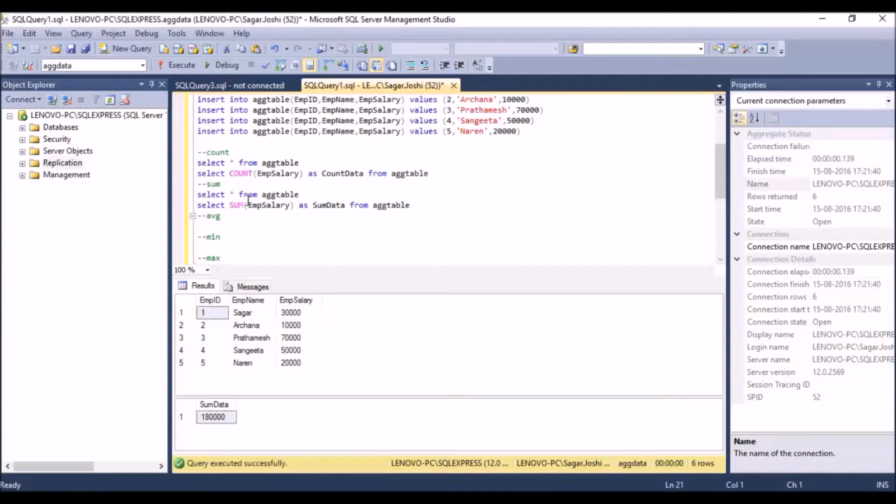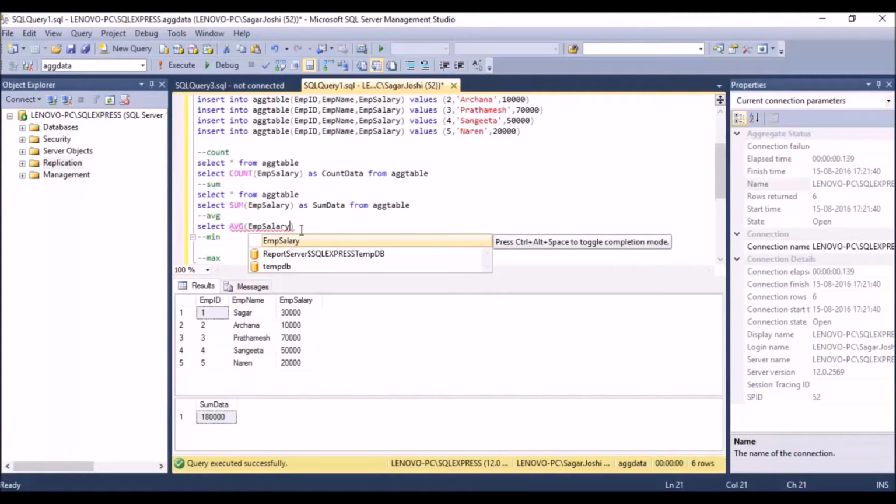If you want the average value for all these specified values, we'll use avg, that is the average function. Select avg, bracket, we'll specify the column name, as avg data from table name.